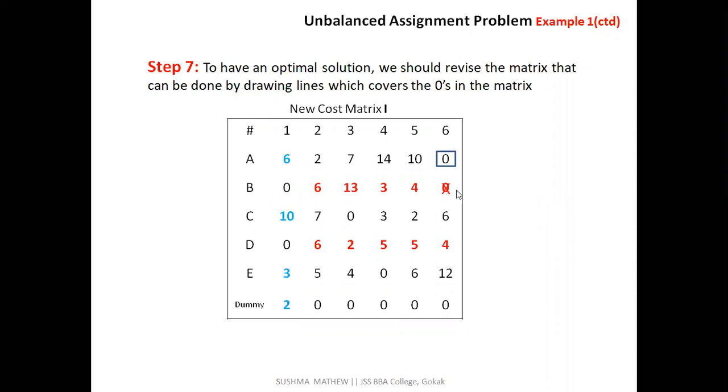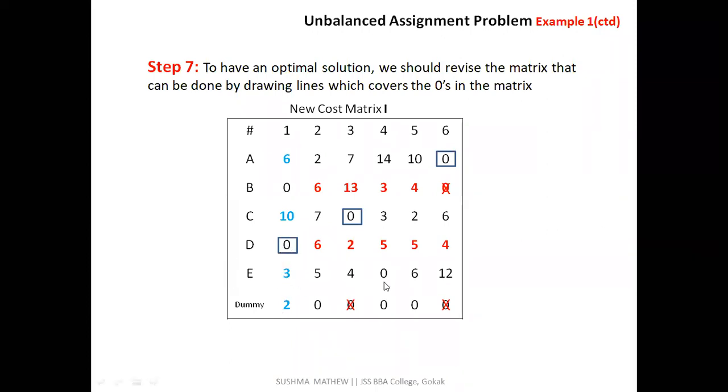Let's do it a bit fast because I'm left with very less time. Okay, and for the second assignment, I'm not touching anything because B has 2 zeros. So I'm not touching B. Now I'll go for C. I will do with C assignment. C assignment is been done and subsequent zero gets cancelled. Okay, and then D has 1 single zero. So I am assigning there. There are no subsequent zeros.